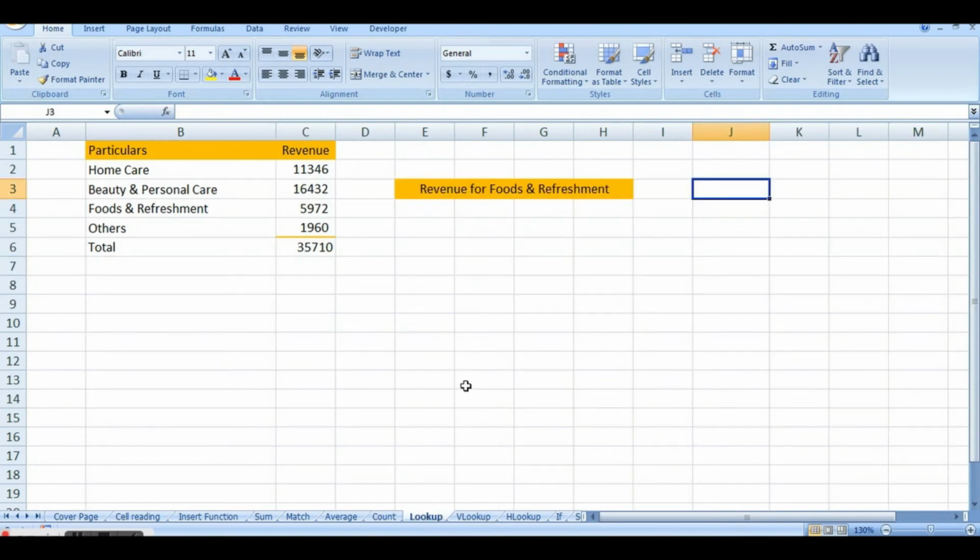The next most important function is lookup. If you want to find a certain value for a match or for a particular label, you can use the lookup function. Say for example, there is one table that you have created: others, foods and refreshment, and so on.